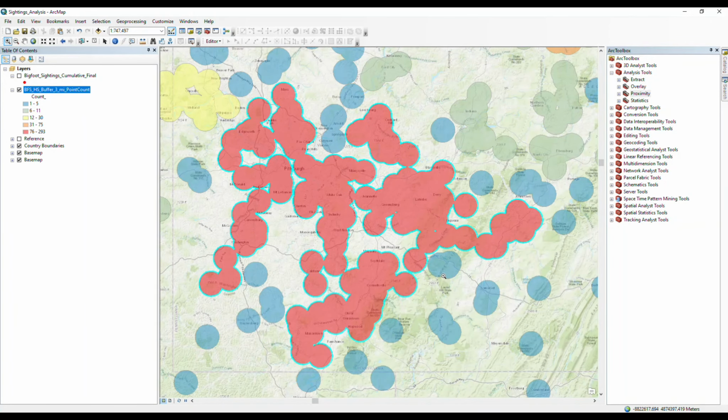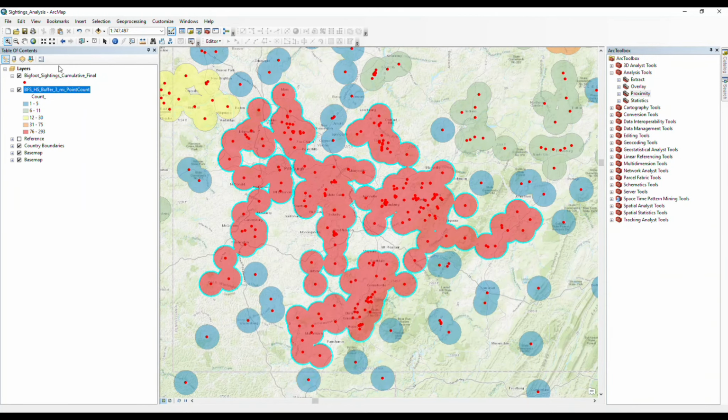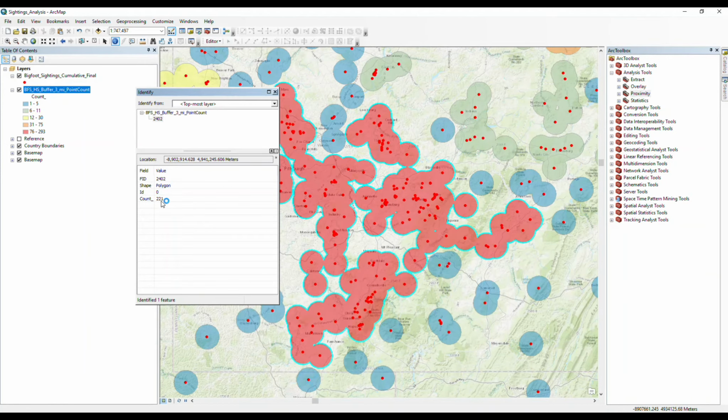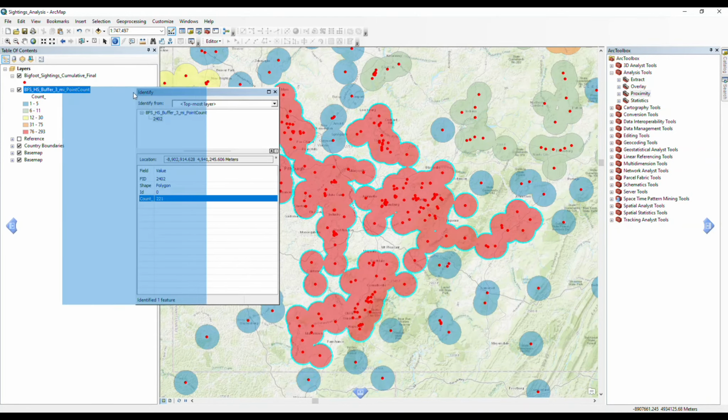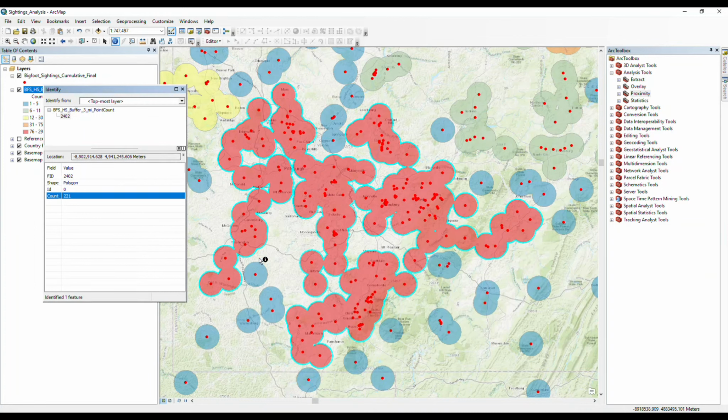Let's see here. How many sightings does this layer have? 221 sightings that are all at some point overlapping within 3 miles of each other. And you can see, I mean, it's a reach for some of these. They're barely touching, but they're still within 3 miles of each other. So I like to do this